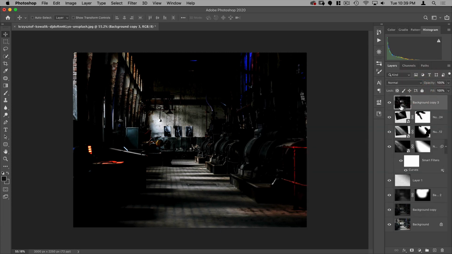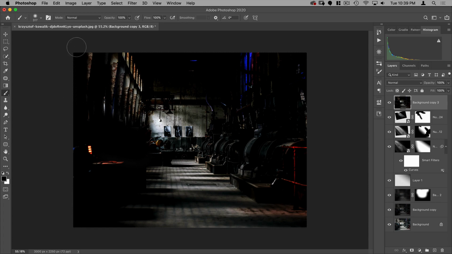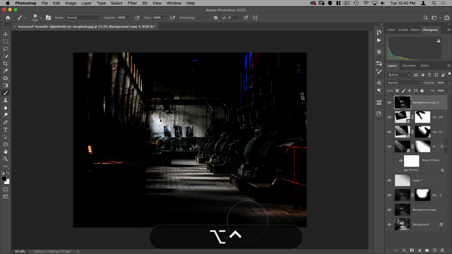And the next thing I want to do is just with a big black brush, I'm going to paint out the light that I don't want. So I don't want this. Let's make sure my brush is black. I don't want this. I don't want this. I just want these windows here. So I'm going to leave those. I kind of like this red light, and I do like the red here. Just gives the image a little more of a contrasting color.